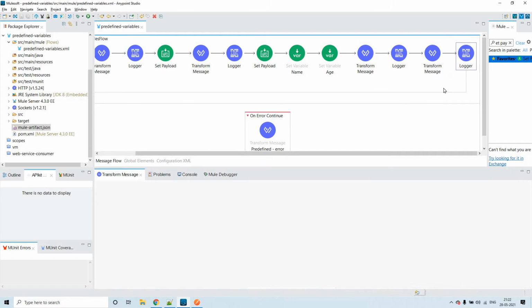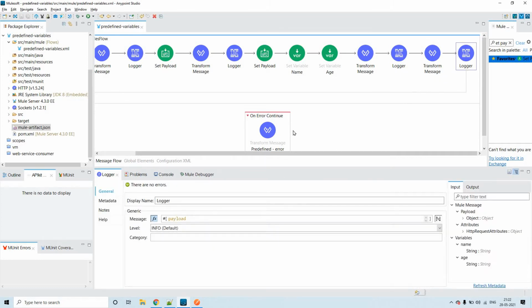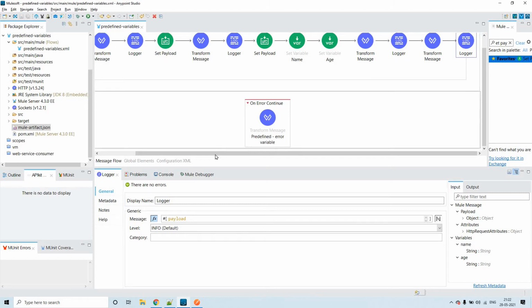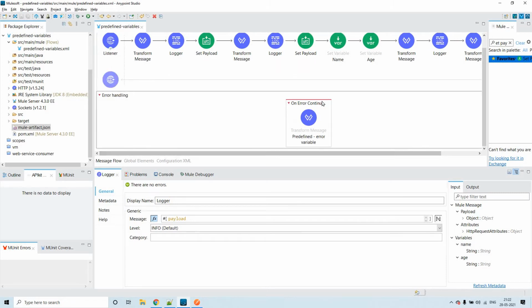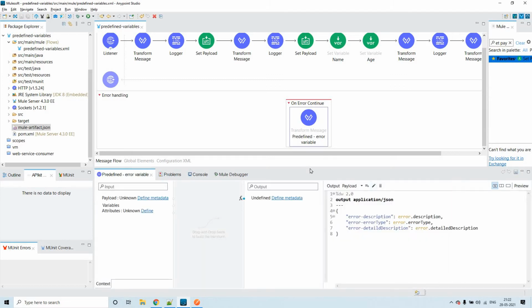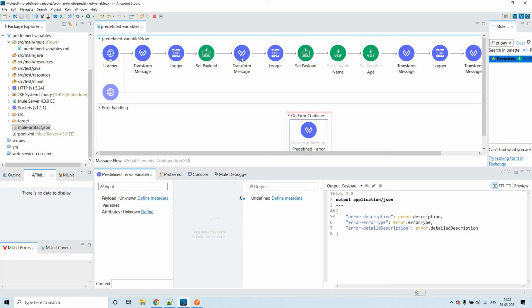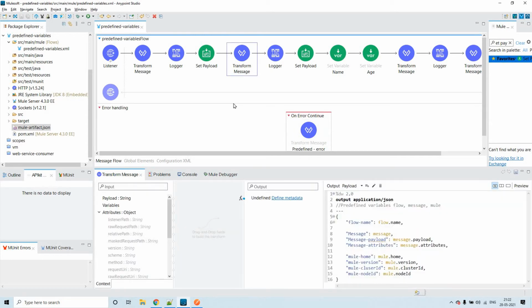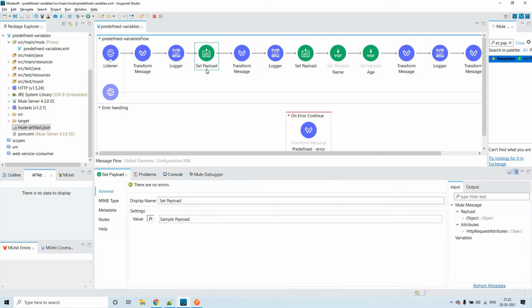In the error handling section, I have put an on error continue, and inside that we'll be exploring the error predefined variable. We have covered almost everything other than a few things, so whenever you get a chance, explore the remaining ones.